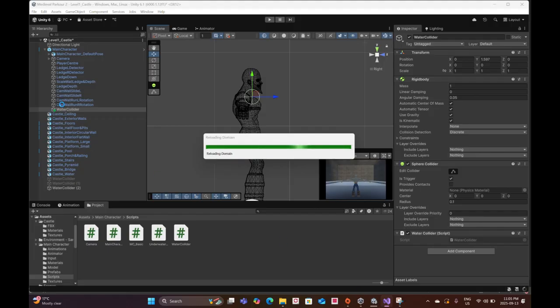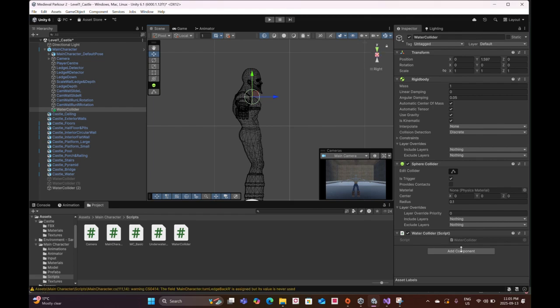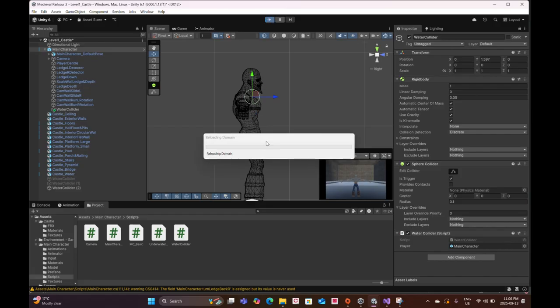As soon as that's done compiling, I should see a field pop up. There we go, the player. So I'm going to drag and drop the player into the field. So now, if I hit play,